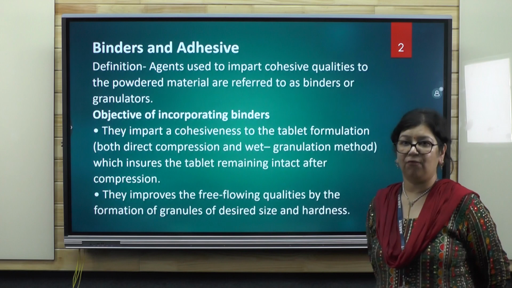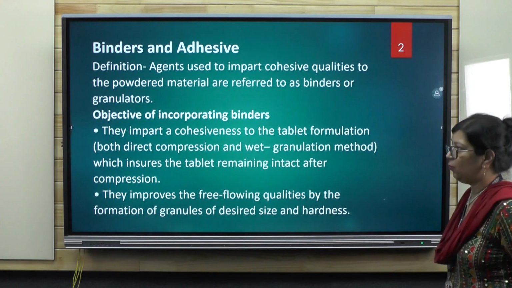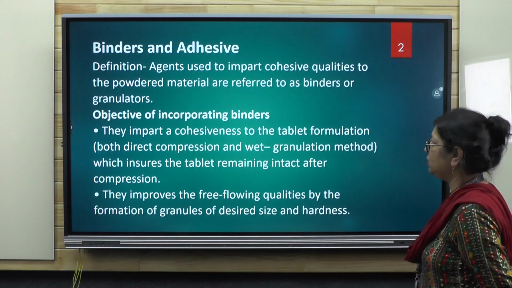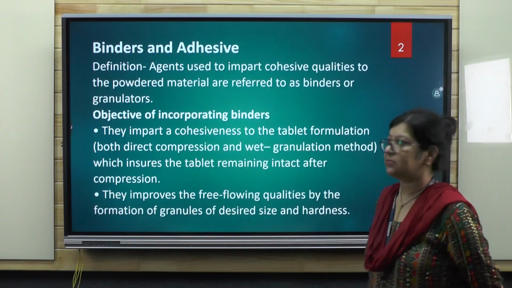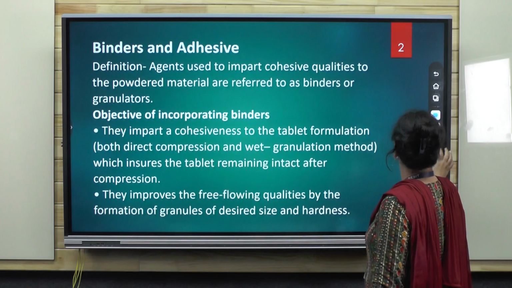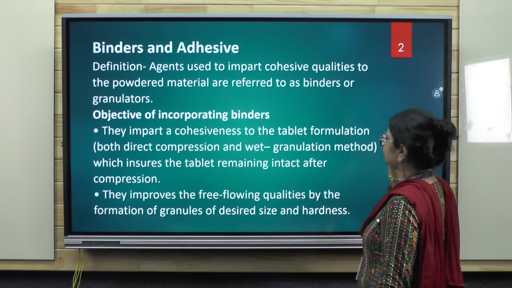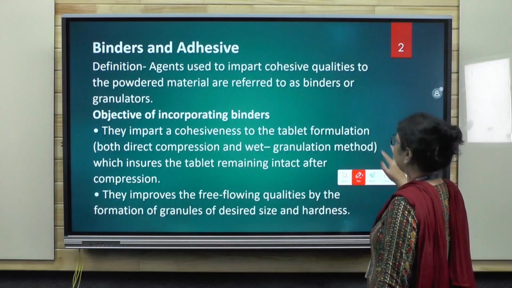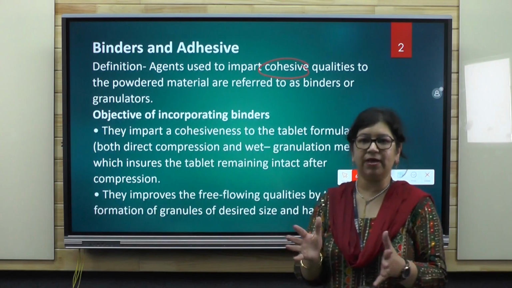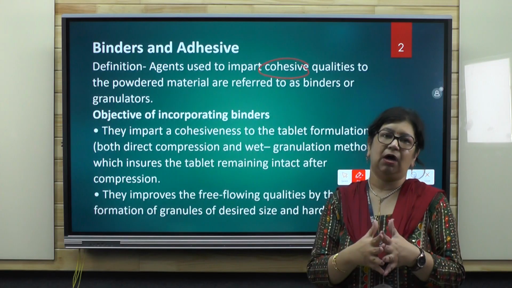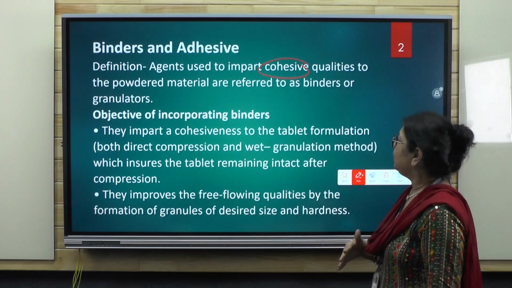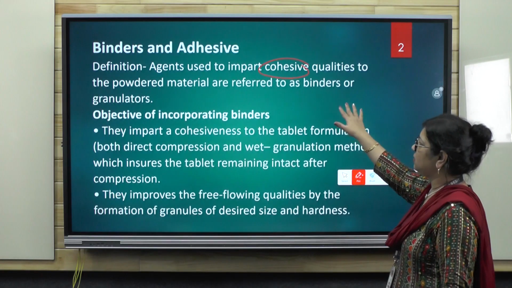So, what is the definition of binder? Agents which are used to impart cohesive qualities to the powdered material are referred to as binders or granulators. So, what do you mean by cohesiveness? Cohesiveness means all the materials, including the drug material and the excipients, become cohesive and have a tendency to come together and to form agglomerates, or they will bind together, and so they are referred to as binders